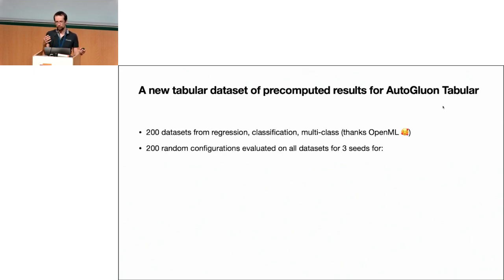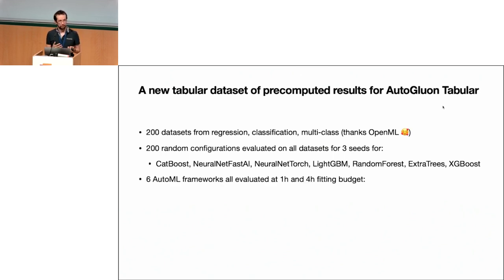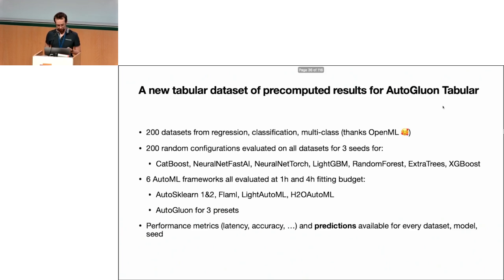And so we evaluated 200 configurations for each framework. For all those frameworks, we evaluate the configuration on all the datasets for 3 seeds. We also evaluated 6 AutoML frameworks for 1 and 4 hours fitting budget, and also AutoGluon for the 3 presets. Importantly, for each of those evaluations, we store the performance metrics, but we also store